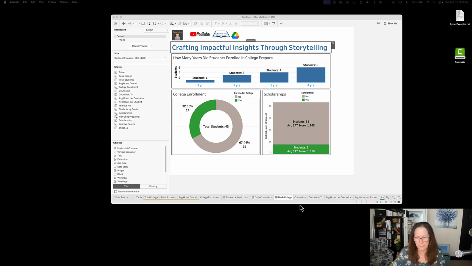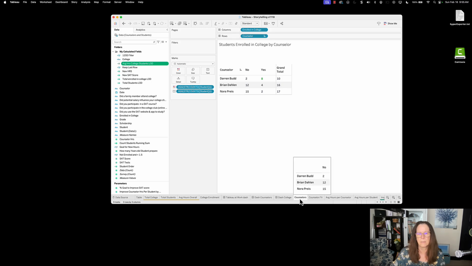So I'm going to keep going. I want to look at counselor information real quick. So as I go into counselors, here I'm just exploring the data. And so I say, I have 3 counselors. I've noticed that Darren has 8 college-bound students compared to the other two counselors who have 2 and 4. And he also has fewer students that he's worked with. He's only worked with 10, whereas the other counselors had more students that they had to handle. So that's an interesting fact. I did color code it so that 8 would pop out at you. I don't know if green was bold enough to catch your attention.